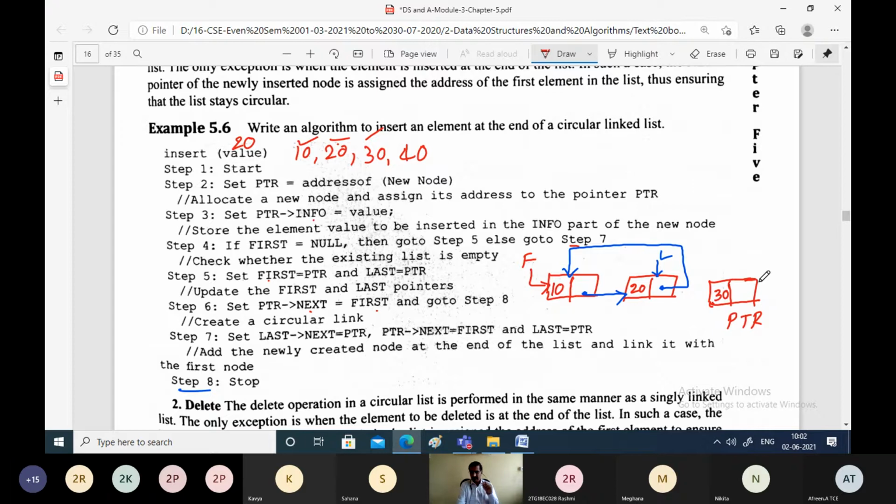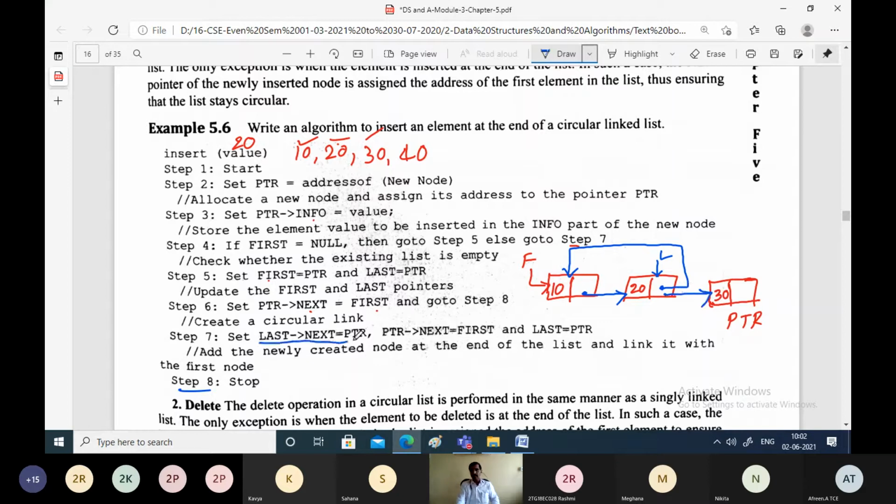Next, check. Is it the very first node, or is first pointing to null? No, it is not in this case. First is not pointing to null. That means there are some nodes present in the linked list. So what is the logic now? This PTR new node should be attached to the last node. How can we do that? Take last pointer next and make it point to PTR.